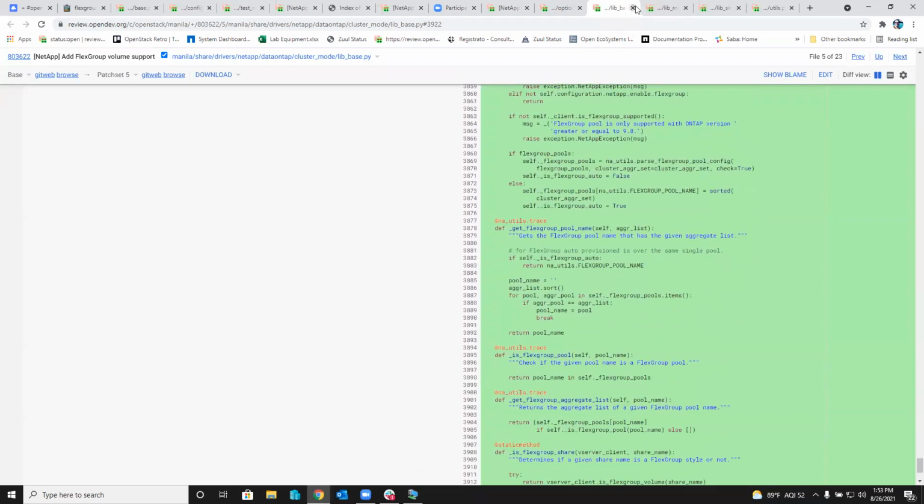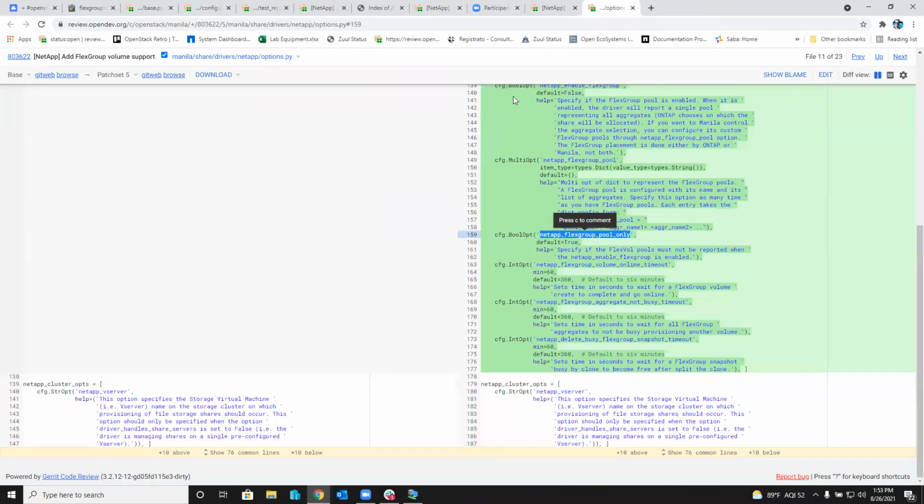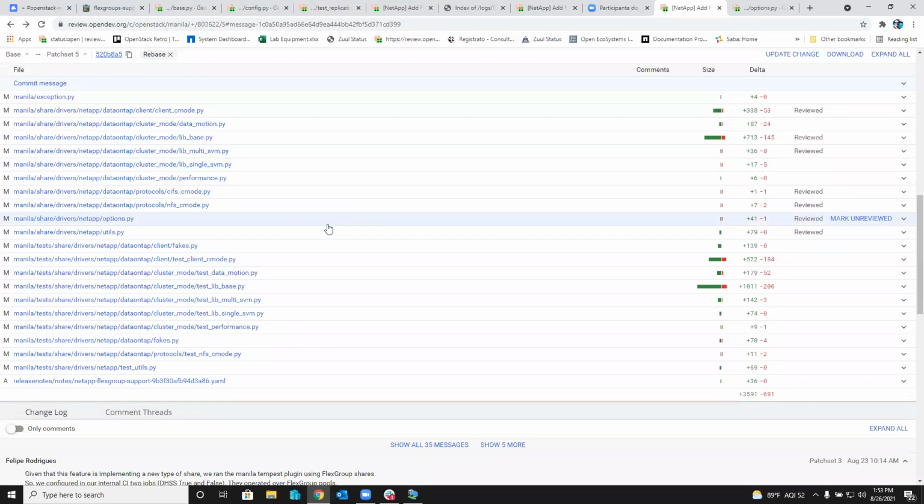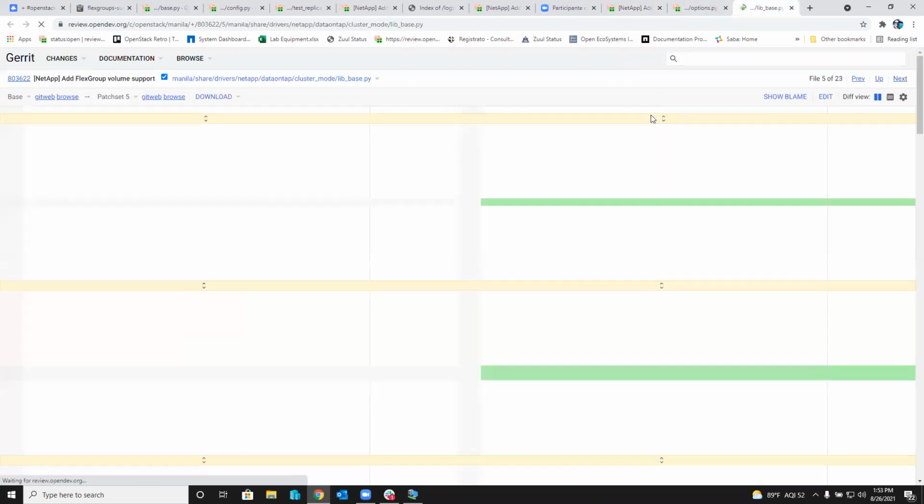configuration. And then another important thing is the deployment. Remember, the deploy of flex group and flex vol are different because the flex vol operates in a single aggregate, but in the flex group world, it operates in a set of aggregates, right? So we have here in the lib base, this is important, I think,